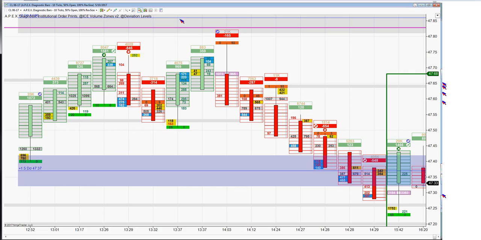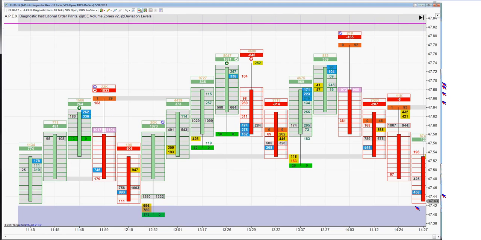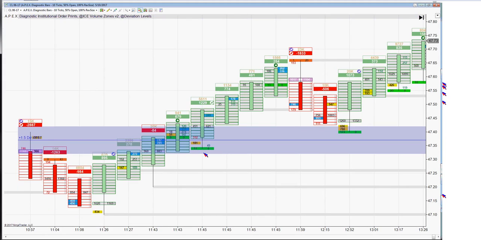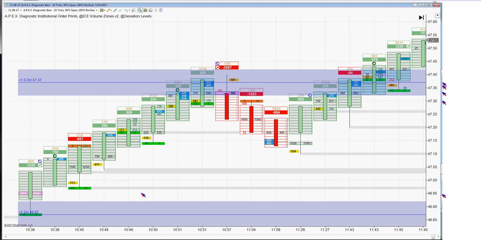So we've got gross volume, total volume. We've got net volume, which subtracts all the bids from all the offers. And we turned off the numbers to make it a little cleaner to see. We've got our clusters down; we covered that in the last video. Okay, so look at that volume and see how it's declining, and then rapidly going up. All right, now the next thing I'm going to look for,